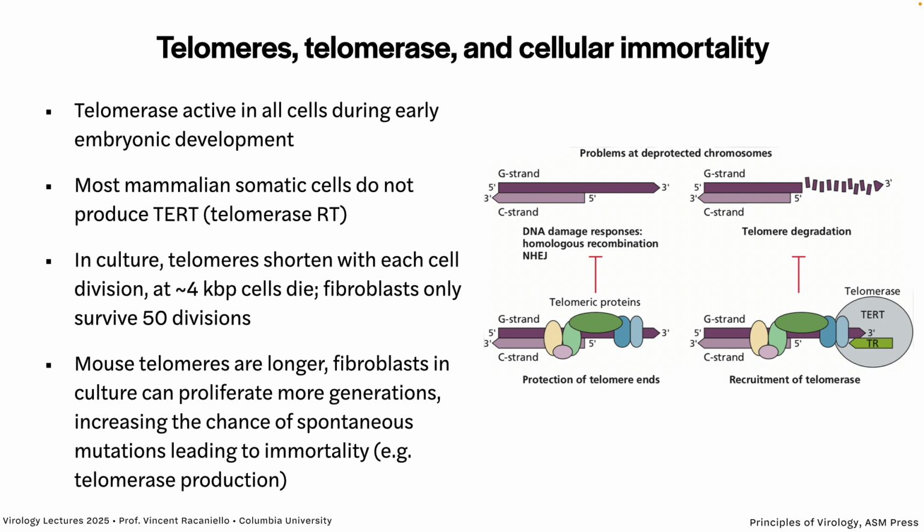That increases the chance of random spontaneous mutations leading to immortality. And one of the ways you could become immortal is by making telomerase again. So you could have a mutation that reactivates telomerase, and now the ends get longer, so the cells just keep dividing forever. And we can do that in the lab. We can take the telomerase gene and put it in cells and make them immortal. So if you want to be immortal, take some of your cheek cells, put them in culture, put telomerase in, they will grow forever, okay? They will outlive you if you need that.